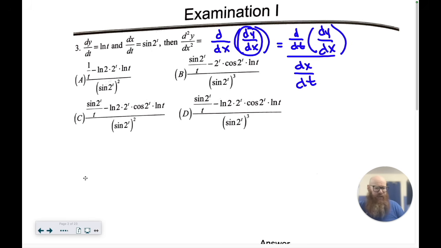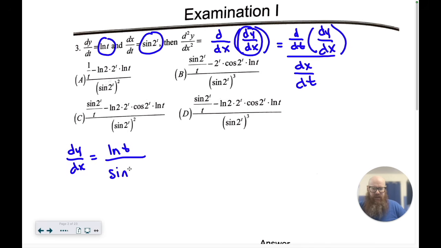So let's look at dy dx first. So dy dx is going to be ln t divided by sine 2 to the t. All right, because dy dt divided by dx dt will give me dy dx. Now what I have to do is this. I have to do d dt of both sides,